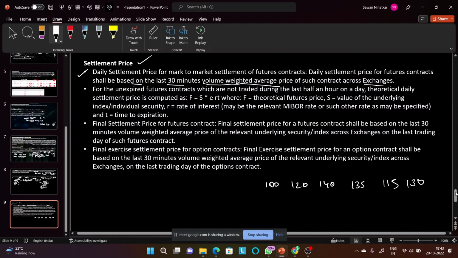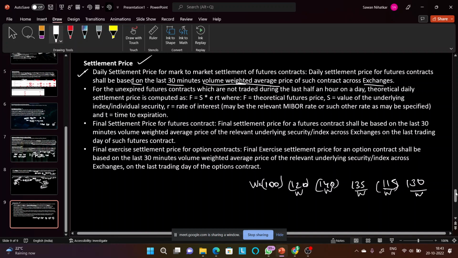So that will be nothing but my average of whatever the prices were. Now what I'm talking about is volume weighted average price. मतलब मुझे इस सब का एवरेज तो लेना ही है, बट मुझे एक पर्टिकुलर जो भी प्राइस है उसको वेट असाइन करना है. I need to assign a certain amount of weight to these particular prices. तो वो वेट मैं किस बेसिस पे डालूंगा इन सब पे? The weight will be nothing but based on the volume.